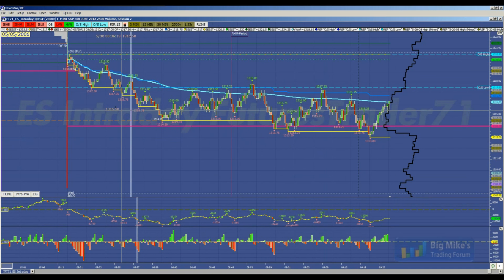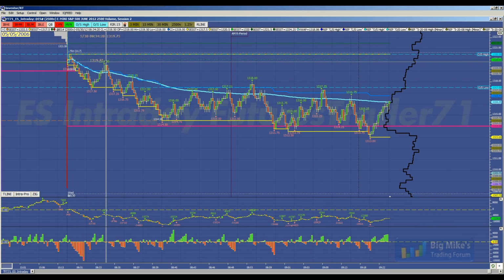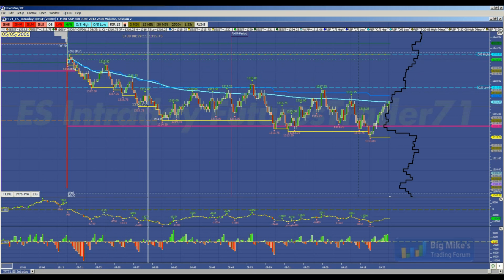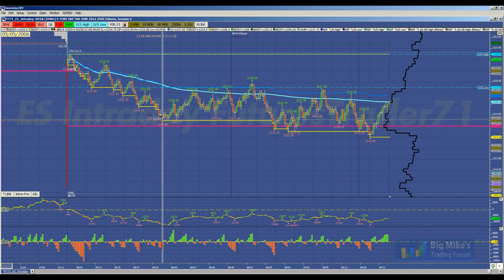So the first level I had was 17. It came down to 17 half, which was the opening swing. It tried to push back through to the open, could not. I started to see weakness. Then I took the trade right here. 14 half is the gap fill, this dashed orange line. Took this trade up to